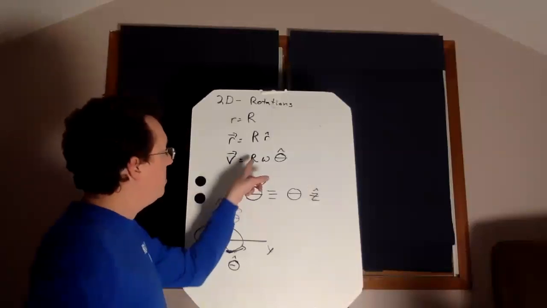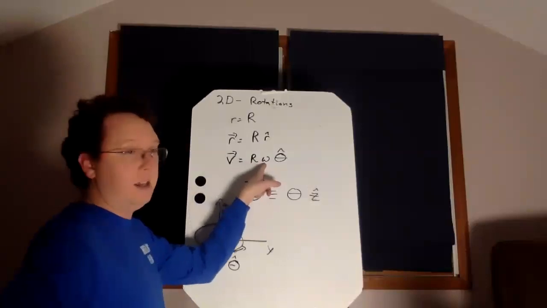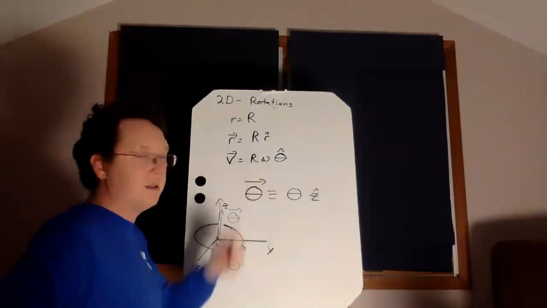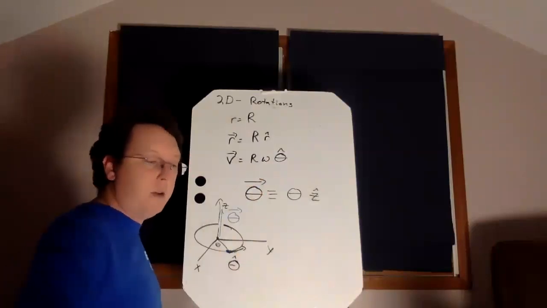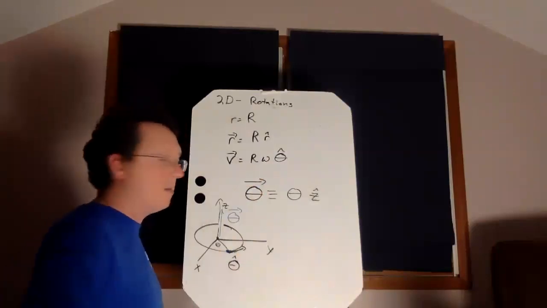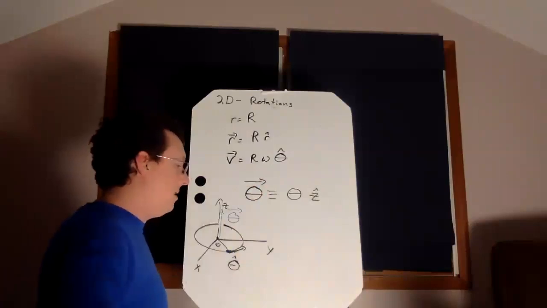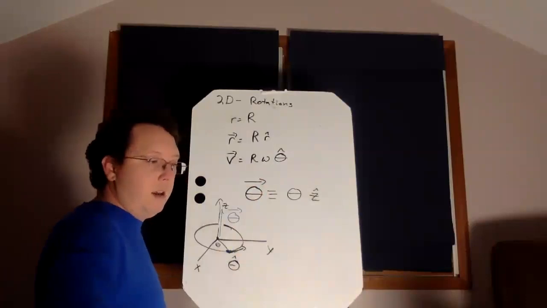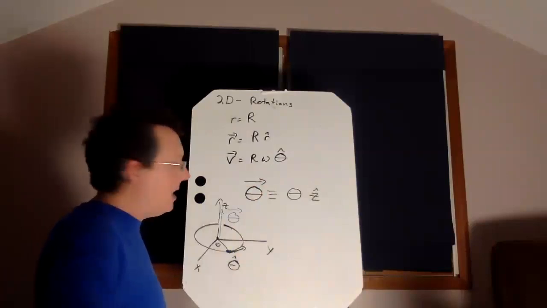But those were equations for the coefficients, the scalar coefficients, the prefactors. Those kinematic equations did not involve unit vectors. And you might say, well, okay, whatever. But the thing is,